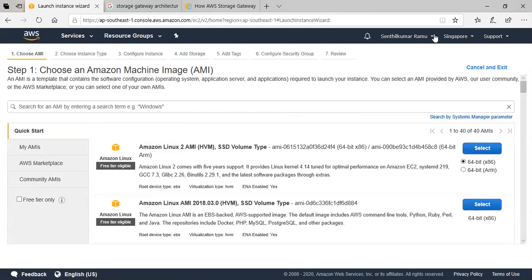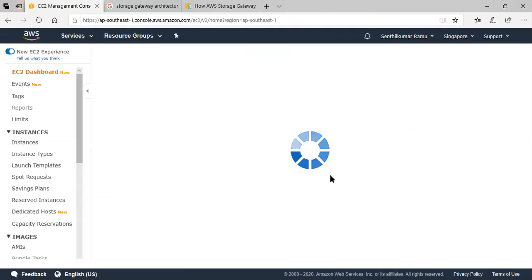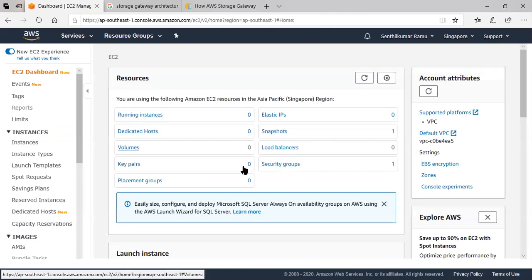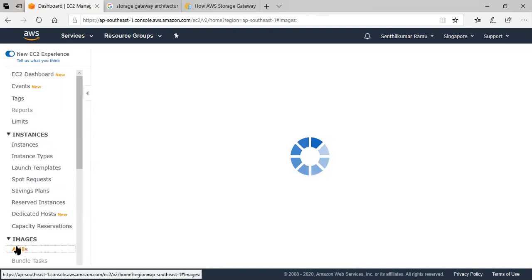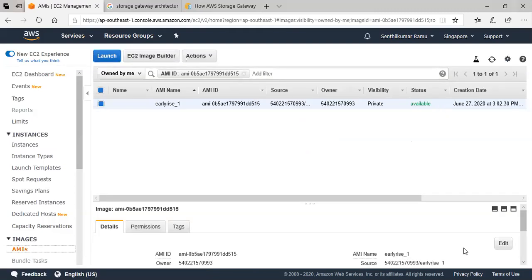Now, I am in Singapore, where we copied the AMI. Let us see what's happening there. No running instance, AMIs. Okay, right. How long did it take? Maybe about 5 to 10 minutes. It is created at 3.2 exactly. Look at the power of AWS.